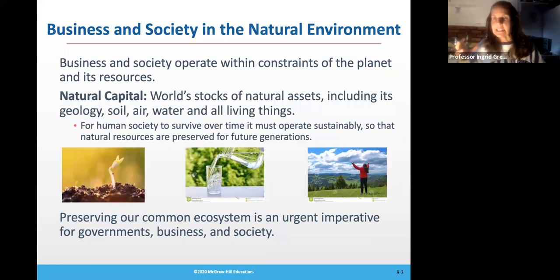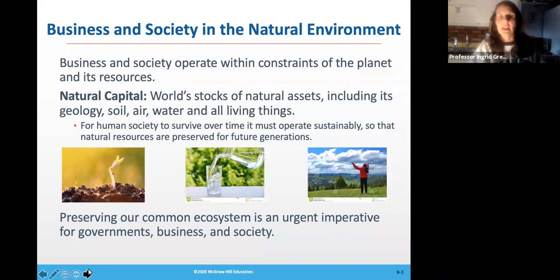And a lot of these decisions will be impacted by the environment, and a lot of your decisions will impact the environment, right? So we're going to talk a little bit about this on our next slide, but we want to get you all familiar with what these decisions can include potentially. So the last point on this slide is that preserving our common ecosystem is an urgent imperative for governments, business,